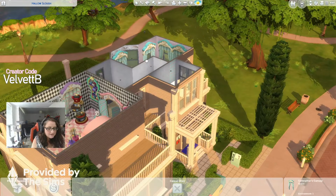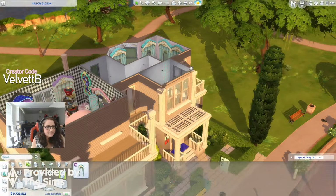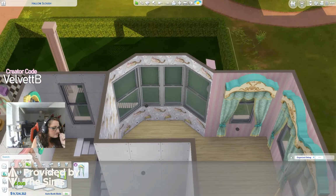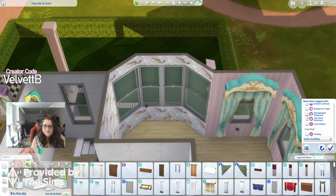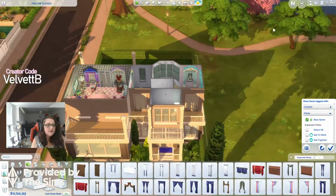Is that the wrong height? And one more. Okay, 2. There we go. So you can potentially do that in the middle, or we can do a base game one. Do you want me to add in? Maybe we can look at the Tea Time Solarium kit with that as well. We can potentially look at that. I mean, we could do like a whole